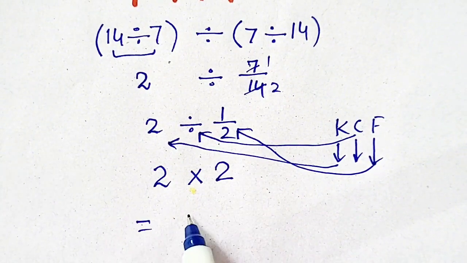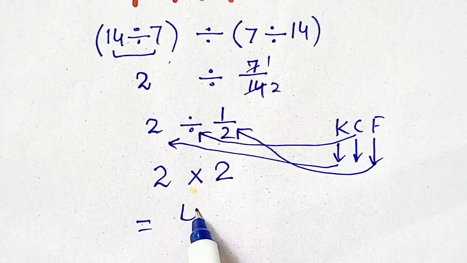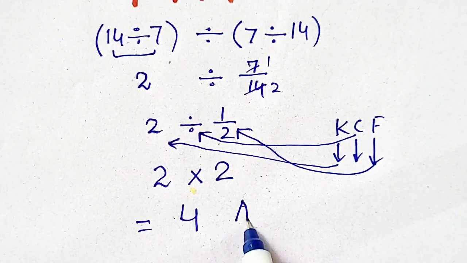So 2 times 2 will be equal to 4, hence 4 will be